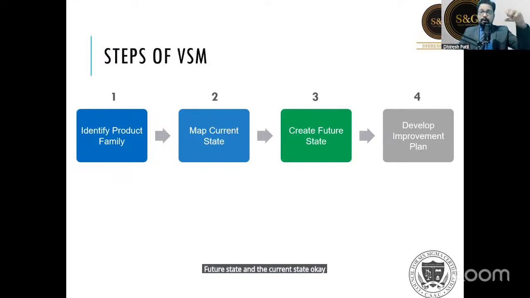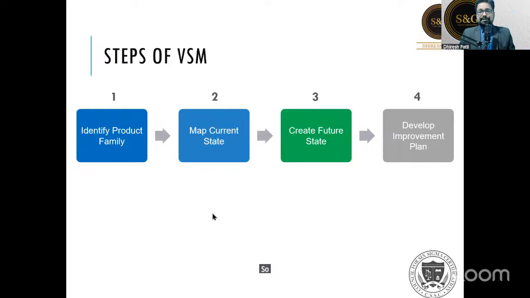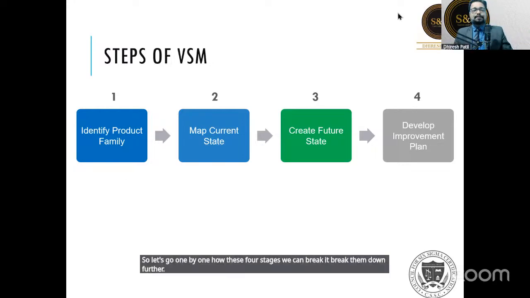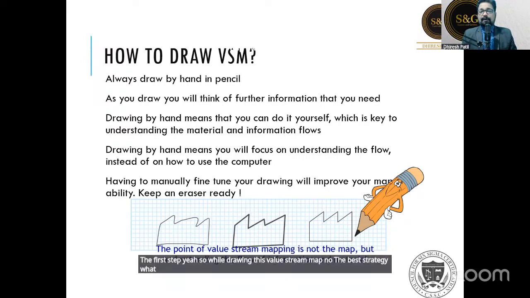So these are four broad stages which we will basically be using. So let's go one by one. How these four stages we can break them down further. The first stage, yeah. So while drawing this value stream map, the best strategy I have found out